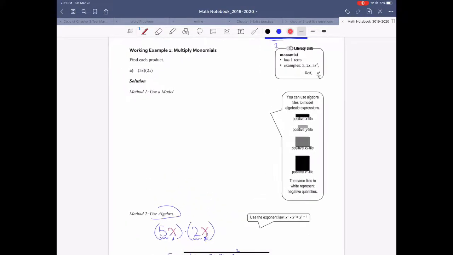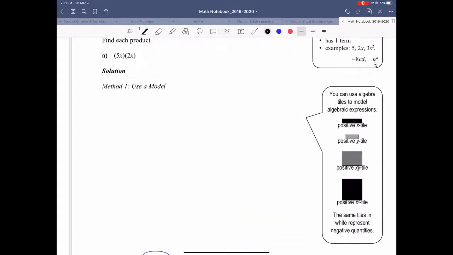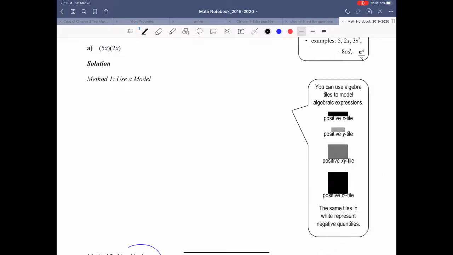And if we want to use tiles to do it, use a model. So this is what we do. This is something new that you have to learn, and you have to recognize how to use tiles, because on the final exam, they will ask you to use tiles a lot of times. So you're going to have to draw this kind of chart first. Here, this is one factor, and this is the other factor. The first monomial, you draw here, 5x,